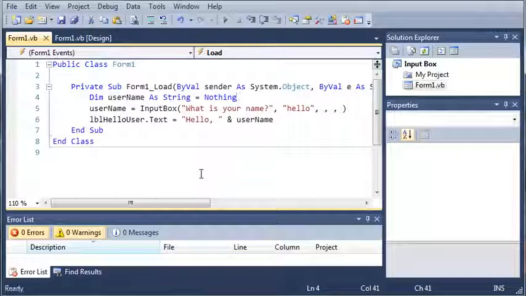So the input box is very useful. It makes it so that you don't have to create your own forms to get input from the user if you don't want to go ahead and put those controls on your program, on your main form. So go ahead and play around with the input box, look at some of the arguments in it, change those around, and then once you're familiar with that, go ahead and move on to the next tutorial, and